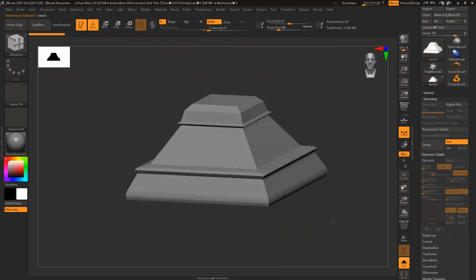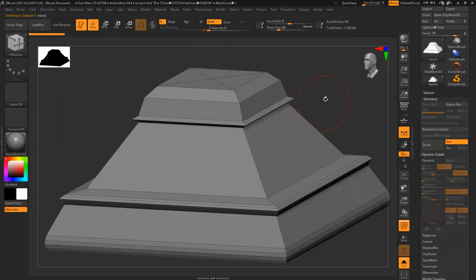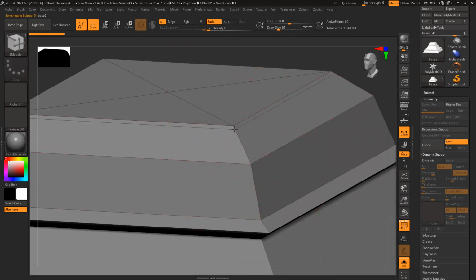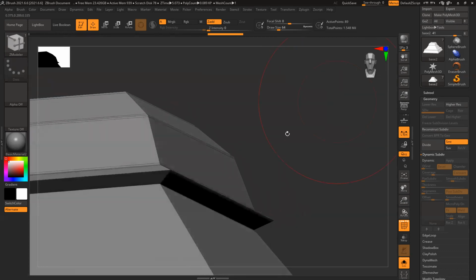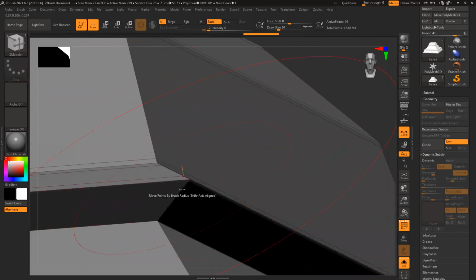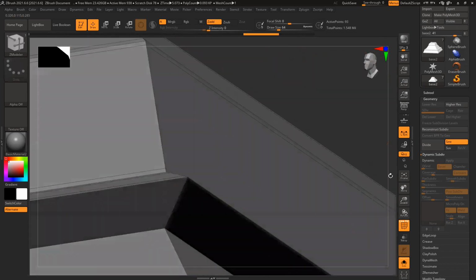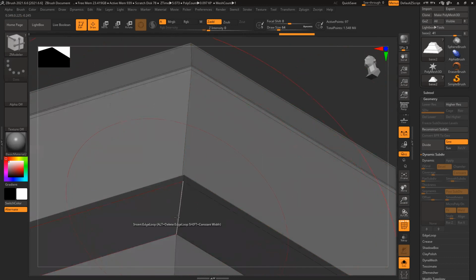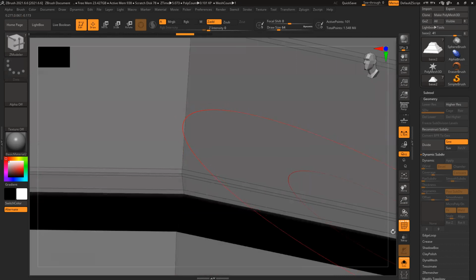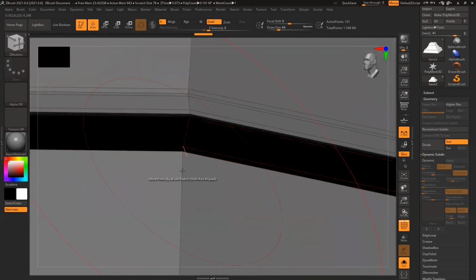Okay, now this shape, I also want to create similarly, retaining all the shape. All right. What is wrong?